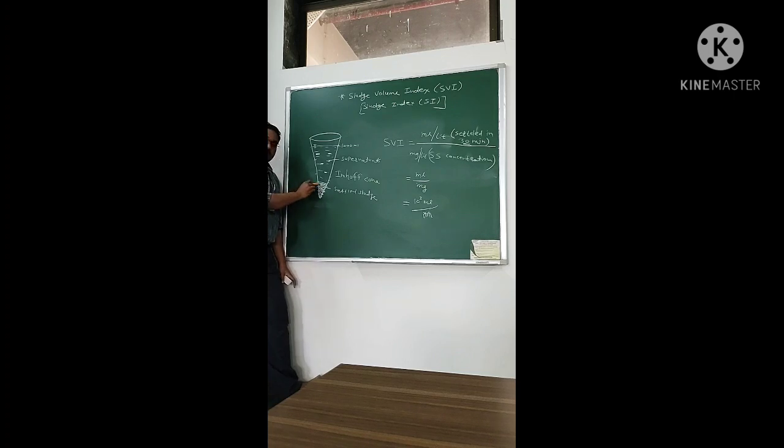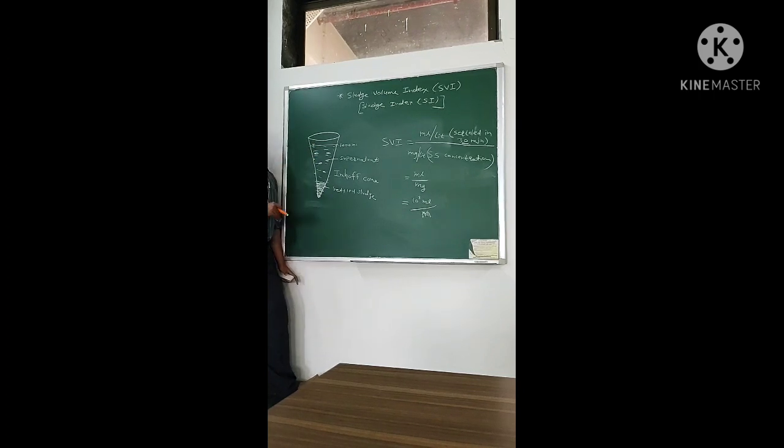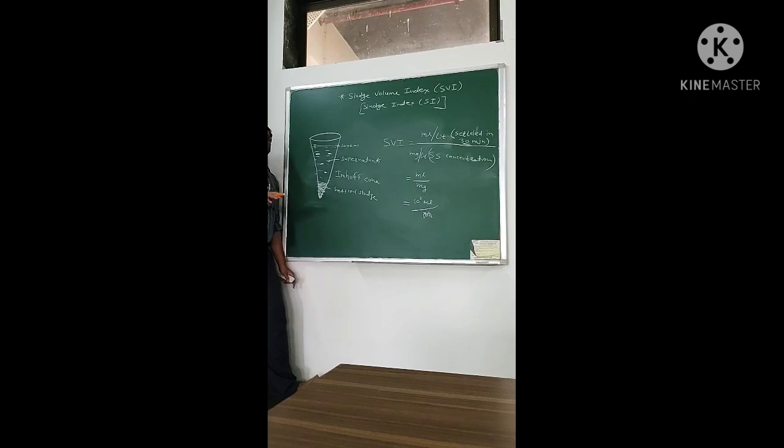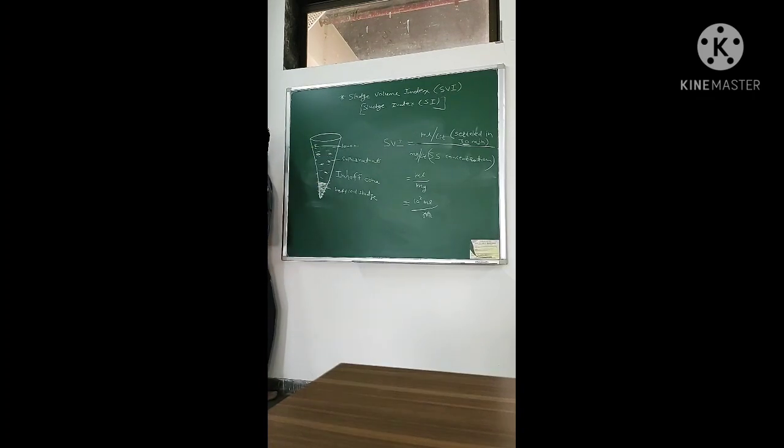Whereas when the sludge gets deposited completely and we get a clear supernatant, that is called a good quality of sludge. So after that we will come to know whether the quality of sludge is good or bad. After 30 minutes you will observe the deposition of sludge with the supernatant at the upper level, and we need to mark this reading.